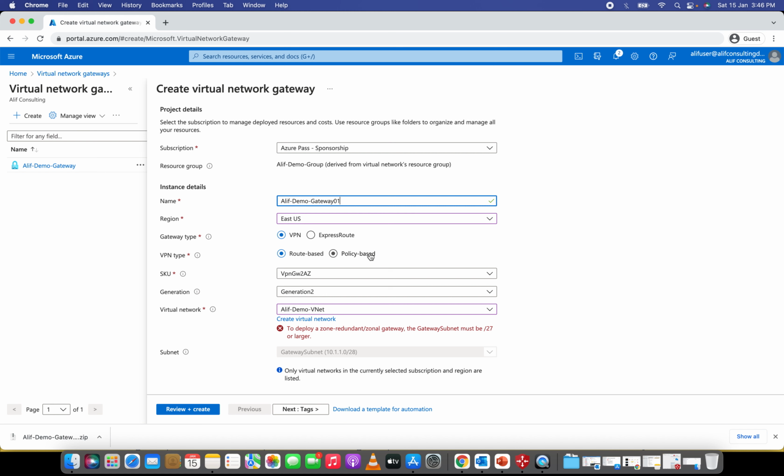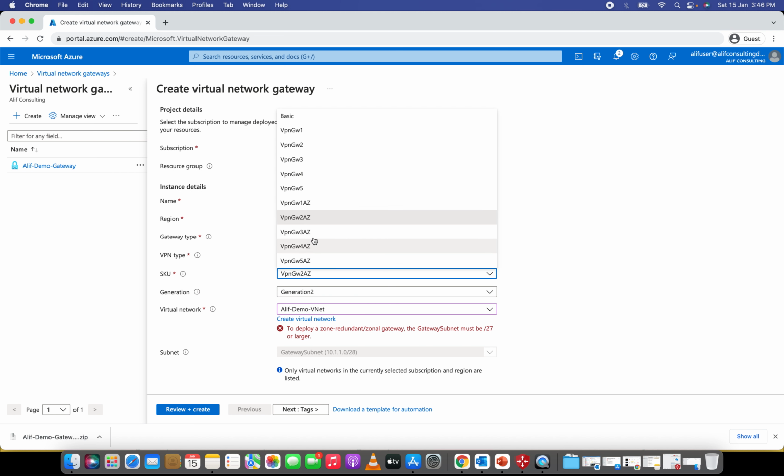So the VPN type basically depends on your VPN device which is running on-premise. You have to make sure that if your on-premise device supports policy based, you should select policy based. If you don't select that, then your VPN would not be able to connect. So the VPN type always depends on the other side, on how your on-premise device is going to support the VPN type. In my case, I'm selecting route based,